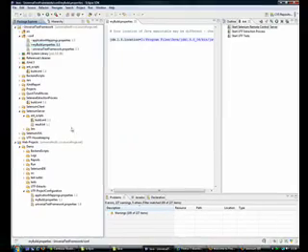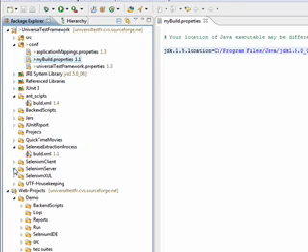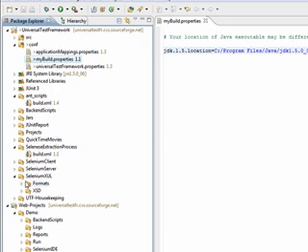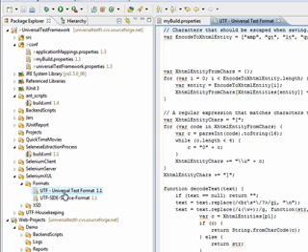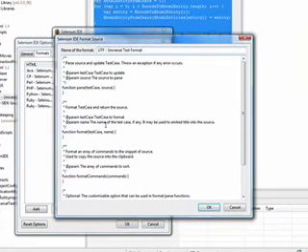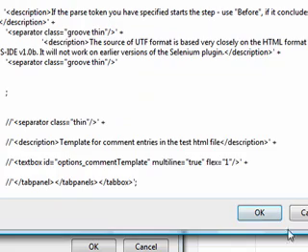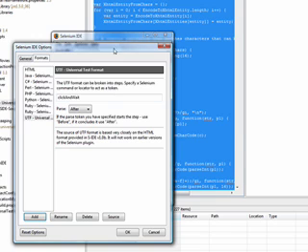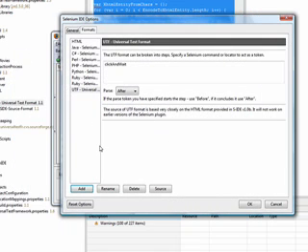So we go back to Eclipse, that's underneath, close down those, underneath the Selenium client, underneath the Selenium tools, we have formats, and we have the Universal Test Format. And all I'm going to do is Control A, Control C, and go back, and Control A and Control V. So I've just copied all that format in, and we now have the Universal Test Format within our IDE. And I'm just